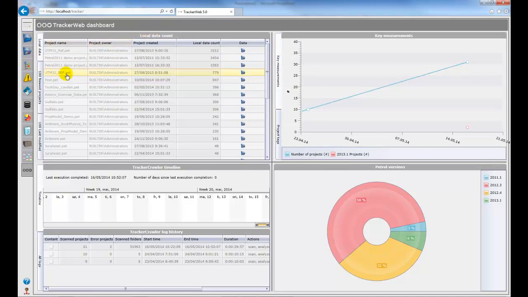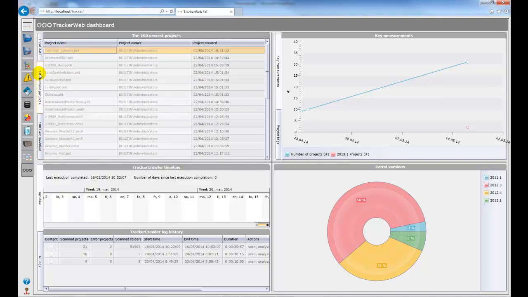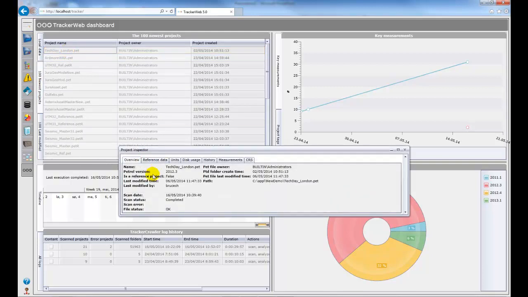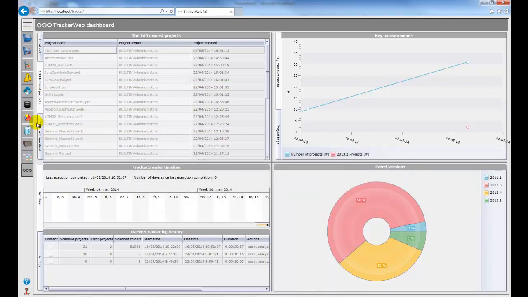Finally, in the top left we have a quick summary of projects that contain a lot of local data, so that's data that's not properly referenced. Then in here we have 100 newest projects. Again, we can click on that to show some details about the project, like when it was created, who by, where it was saved, etc. And then we have also the 100 last modified. So it's just really designed as a quick summary to your tracker and get a quick status on how things